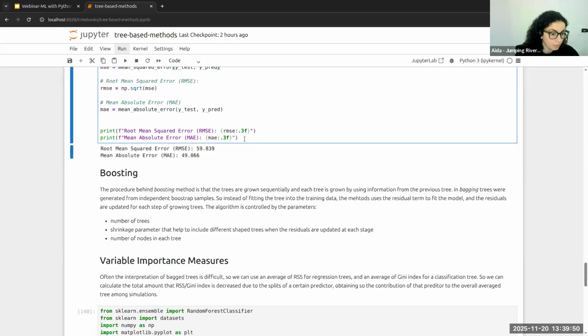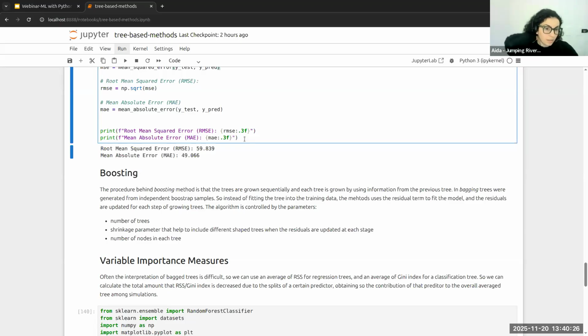The boosting algorithm is controlled by 3 tuning parameters, which are the number of trees that you want to include in the search, the shrinkage parameter, and the number of nodes in each tree, so how big the tree is going to be, essentially. These methods have also been shown to have much better prediction accuracy compared to regression or classification trees.